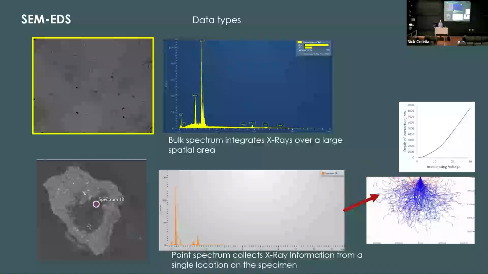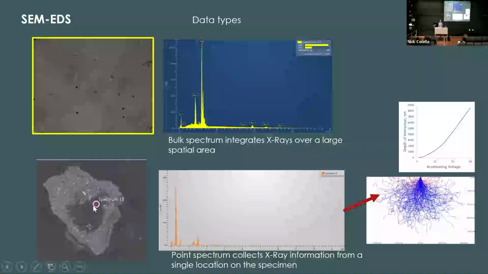When we think about the spectrum and some of the ways that we can use that as data to understand our sample, there's two different ways that we can collect spectra, really. One is sort of a bulk analysis where we can integrate over a large field of view. That's great if you have a bulk material and you want to sort of characterize it broadly. We can also do point or area spectrum, where if you do have more than one phase, you don't want to kind of conflate all the different elements from multiple phases into a single spectrum, so we can actually localize where the spectrum data come from.